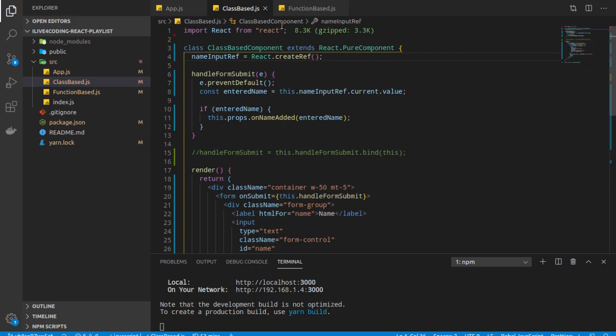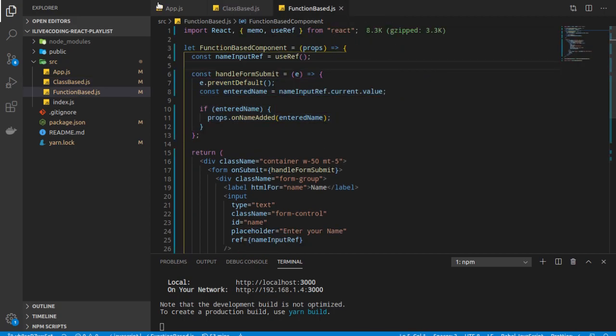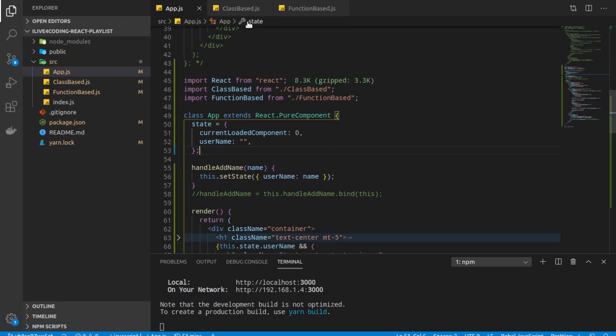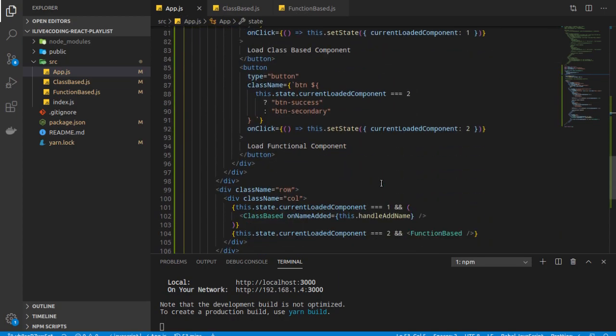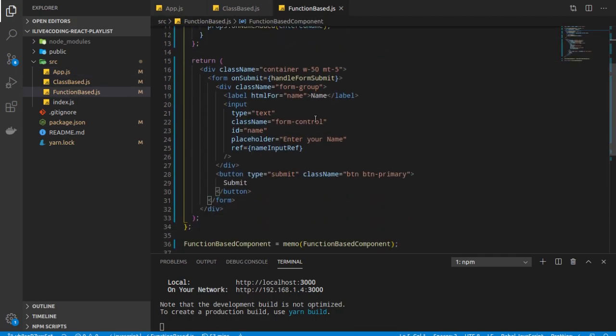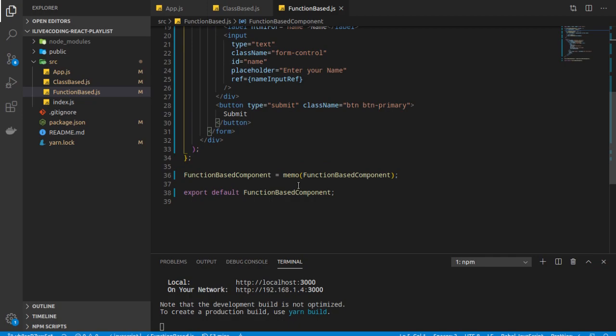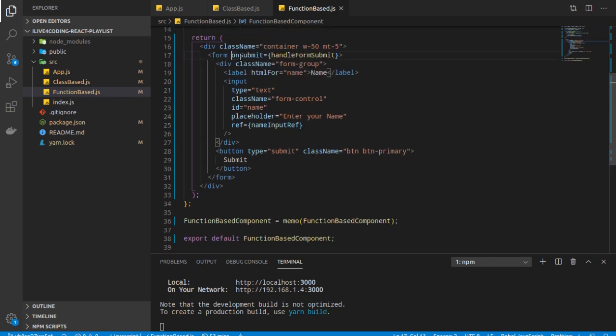Okay, so it's saved. But before moving to the browser, what I need to show you is how we do the same thing in our function based component. So suppose this is still our parent component, and our child component, this one, needs to pass some data to our parent. So the logic is exactly the same, no changes, but how we have done it here has a bit of a small difference using the ref, right? So if you see, this is a function based component, right? No classes, and the logic remains the same.